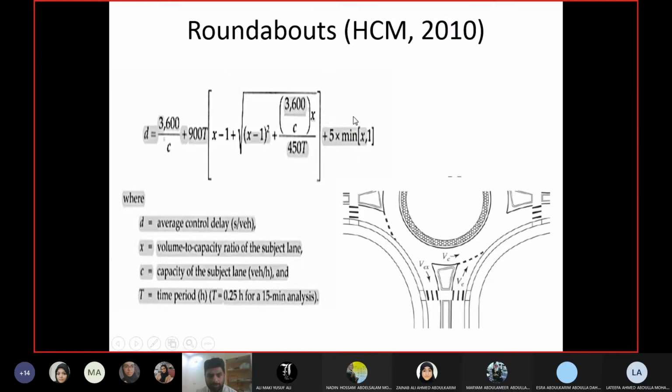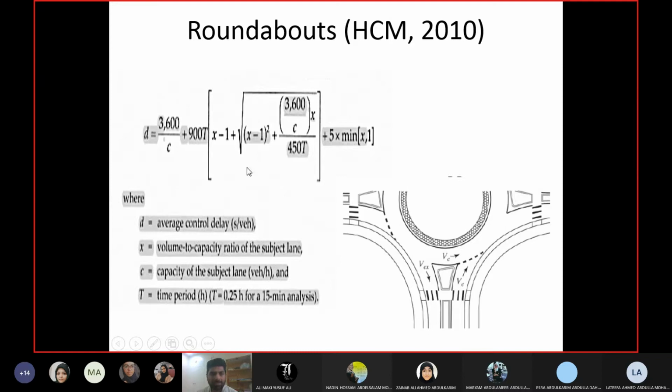There should not be any problem for you in light of what we have discussed up till now. Because volume, as we have discussed, can be up to the capacity. There are some advanced topics which we haven't discussed yet, where x can be more than 1 as well. But in that case, you will take 1. So 5 can be multiplied with 1, or it will be multiplied by the real value of x, whatever is minimum. In our case, x can be 1 or less than 1, so no problem.